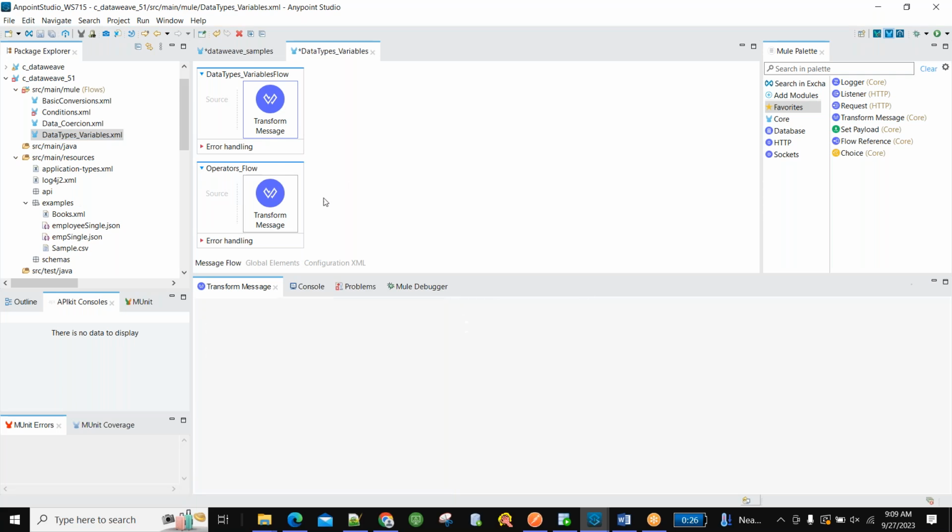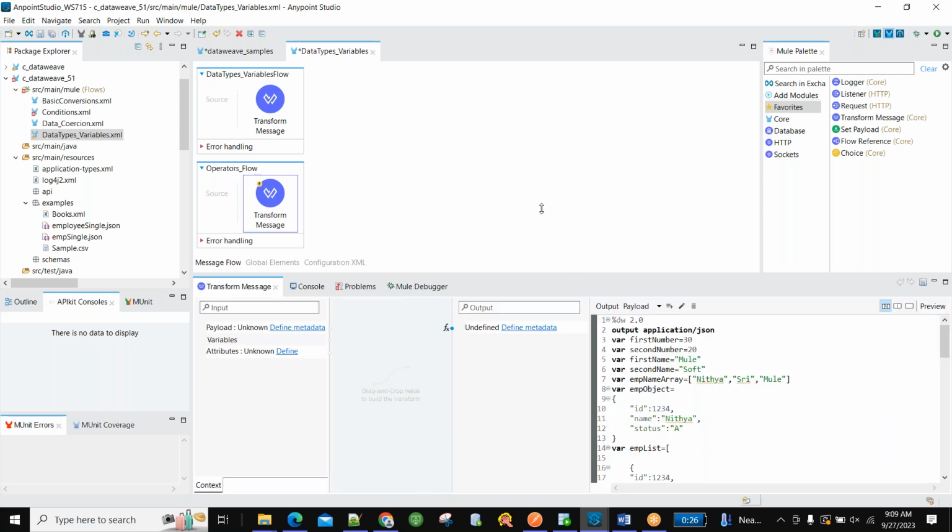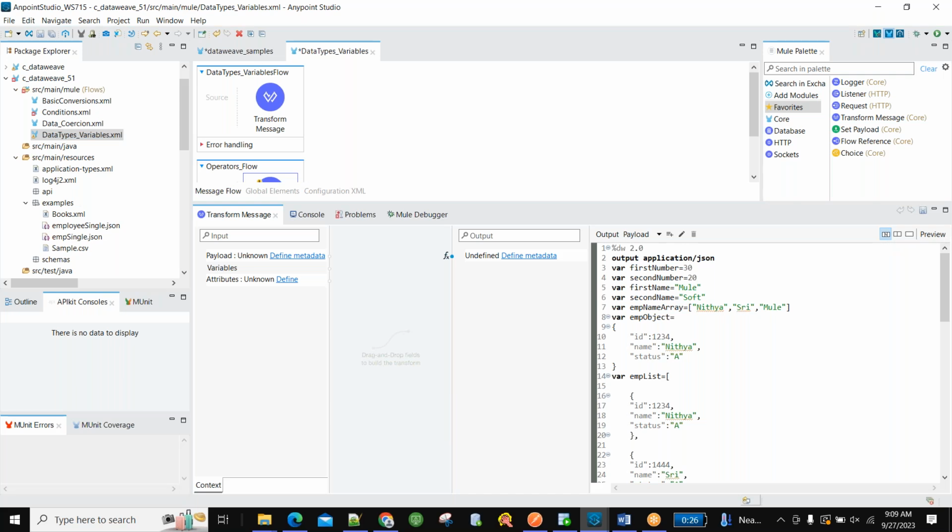Why do we need to do this, Nitya? See, till now what we have seen is direct mapping. So whenever we are sending it to any target system, for example a database, directly one-to-one mapping from the payload we are taking and we are doing it. But there will be situations where, whatever data I am getting from the source system or any other API, I want to remove a few values. Okay, so assume the same thing here, one object, this value you are getting from the front end, and you want to add something, one extra thing to this object. Then how will you do it in MuleSoft? You should have an idea of that, right?